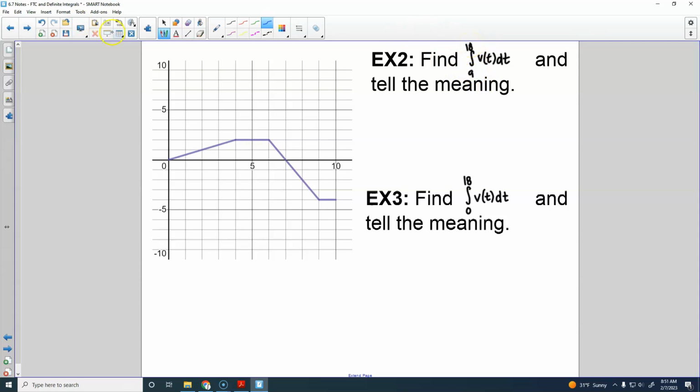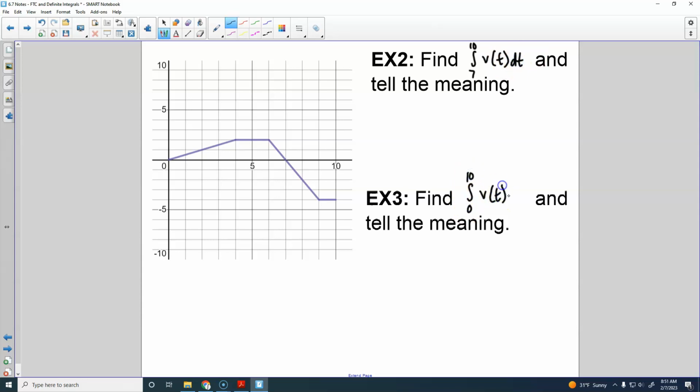Okay, it should not say 9 to 18. I thought I fixed that. I must not have saved it whenever I did it. So yours should say the integral from 7 to 10 of v of t dt, and then here, 0 to 10